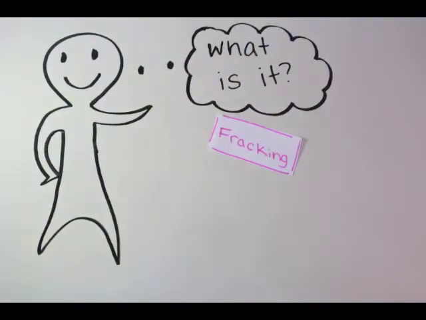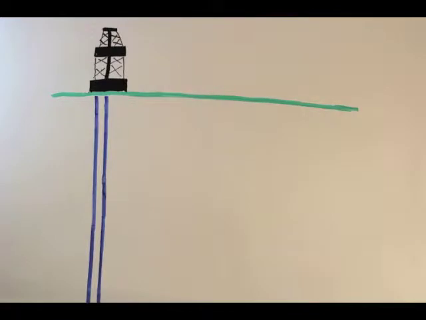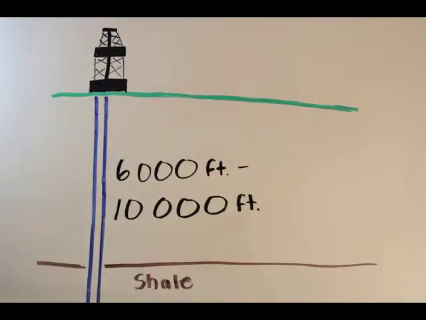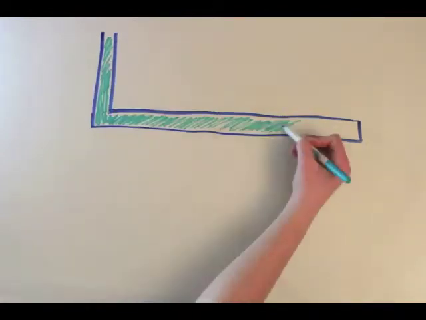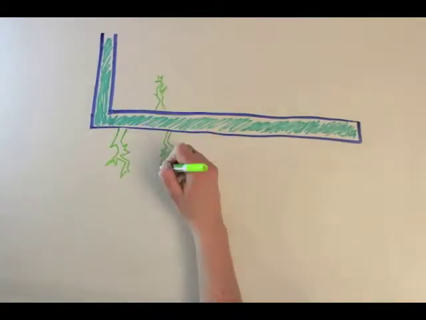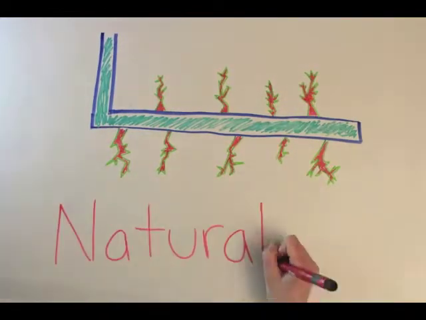Fracking is a process of drilling into the earth, then using a mixture of sand, water, and chemicals to fracture shale rock. The hole is drilled 6,000 to 10,000 feet vertically until shale rock is reached. Then, the drill turns horizontally and turns for 2,000 to 3,000 feet. The fracking fluid is then pressure injected, creating cracks in the shale, allowing the release of natural gas, which flows